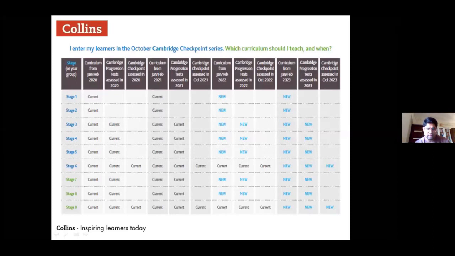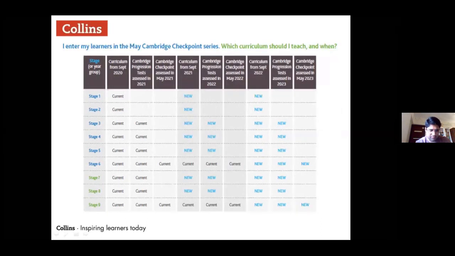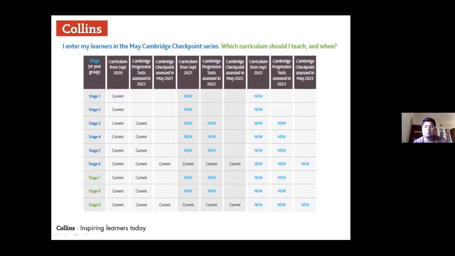Yes, yes. Okay. And the students who are in grade 7, and if we take the April series, what will their learning and exam pattern be? Students who are in grade 7. Yes. And if they take the April series, okay, so that means this chart will be applicable to them. So grade 7 means your stage 8. So those who are in the April series, of course again from the new stage. So stage 8 will be applicable to them from June or July 2021. So it goes as per this chart.